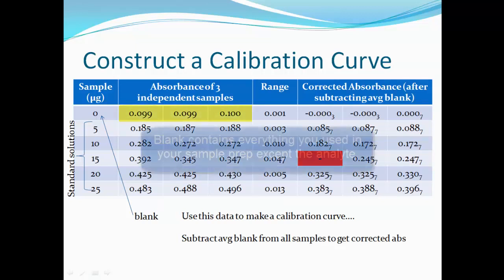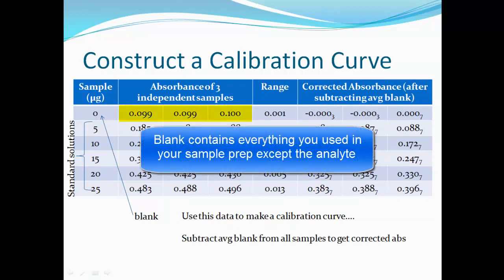Now let's talk about the first row. The first row shows the blank readings. That's basically when there's no protein present, it's just a blank. And you notice that there are values in that row. It's not completely zero. That may arise from the color in the reagents themselves that they're using for the sample prep. We call this a reagent blank because it basically measures the effects due to the reagents,